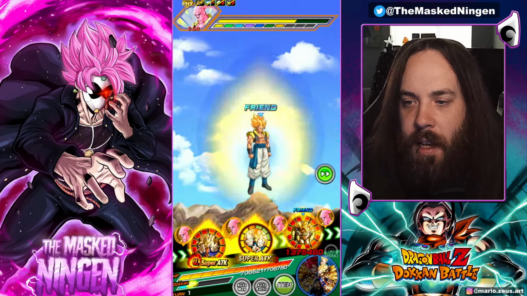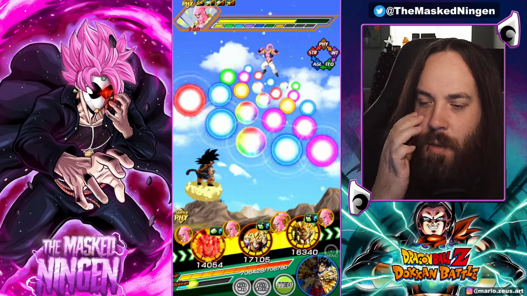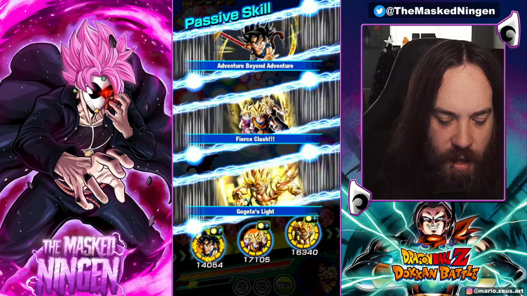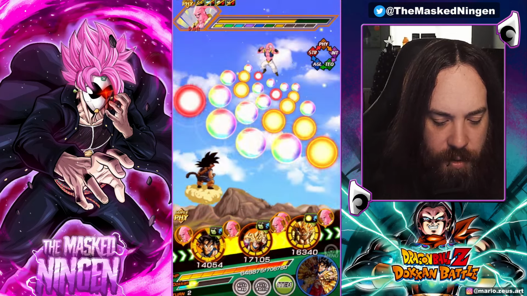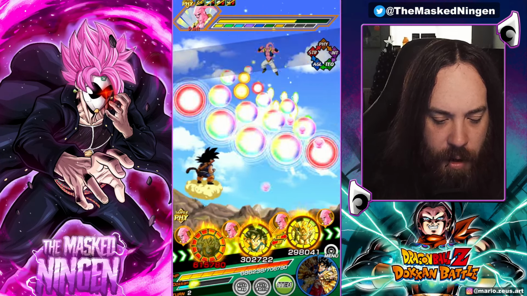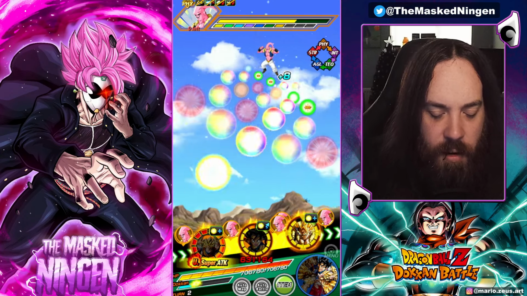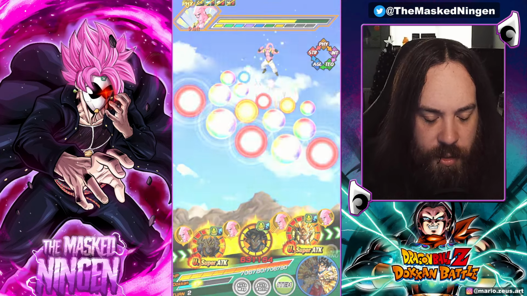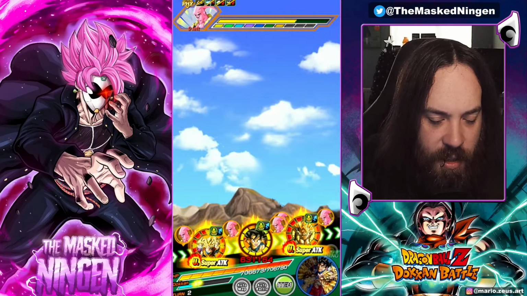Gogeta, 100% leader skill. I think everyone on the team is also on the category, so we get this buff for Goten and Trunks. Obviously they have extra damage rotation. We've got Kid Goku on the team, providing extra damage to everybody as well. So the team itself is pretty solid. Like I say, the issue will come from